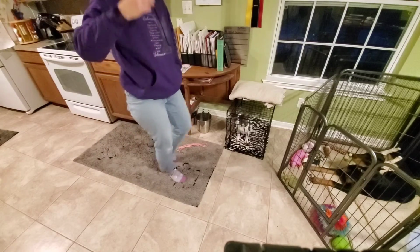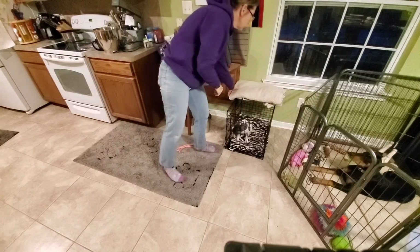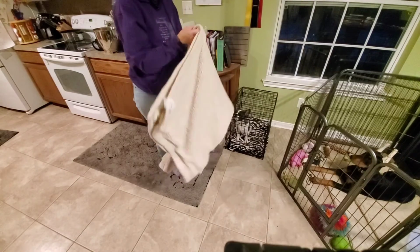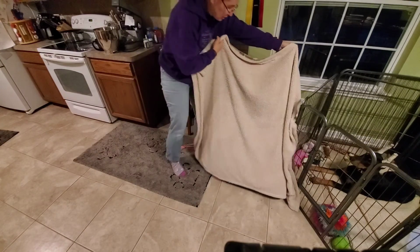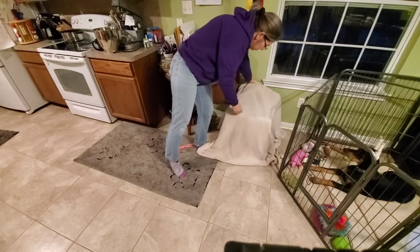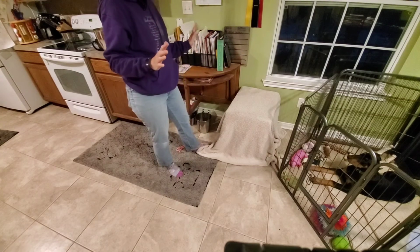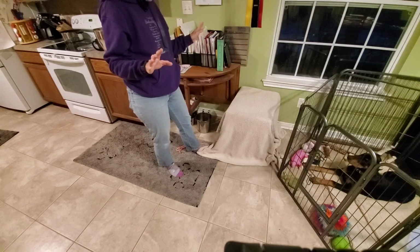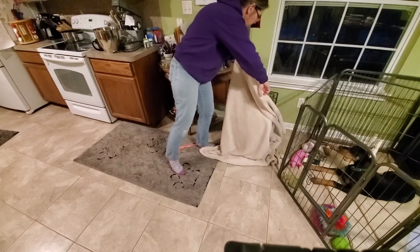You may find at night, or when you're putting him down for a nap, if there's a lot of stimulation with the kids running around, that sometimes covering the crate will help, kind of like a parrot. It just cuts down on some of that visual stimulation if he's having a hard time making a transition. Just cover it. This way he can just have some nice quiet time and relax. Then when you're ready to take him out, and he's ready to go out,